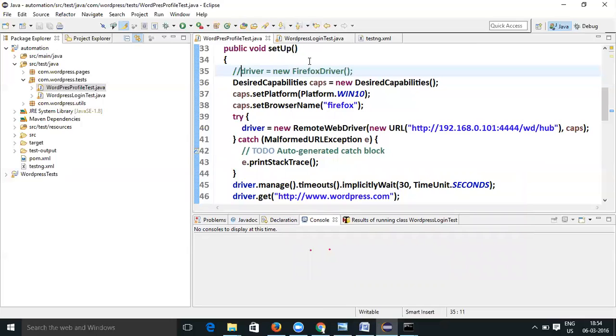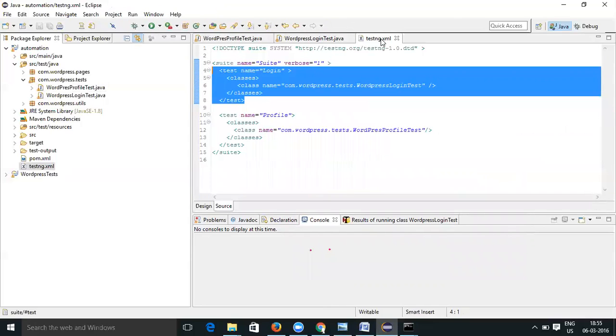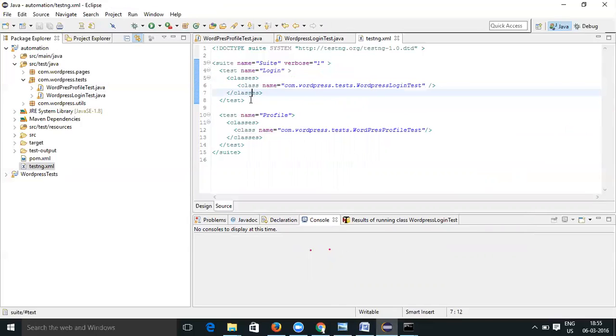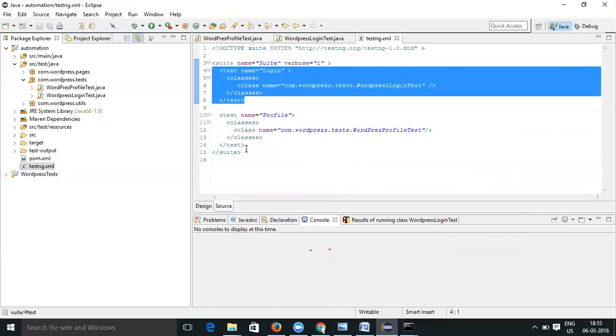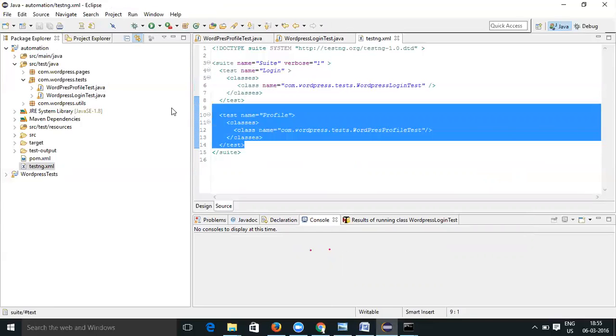Now both of the tests are requesting Windows 10 and Firefox. If you run this testng.xml, what happens? First the login test will be executed, and then the profile test will be executed sequentially, one by one.